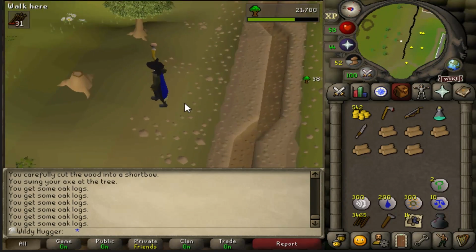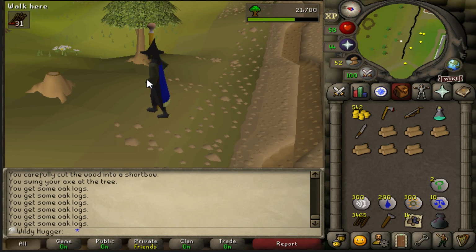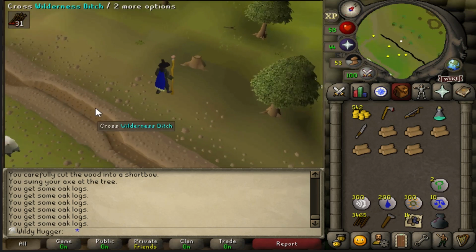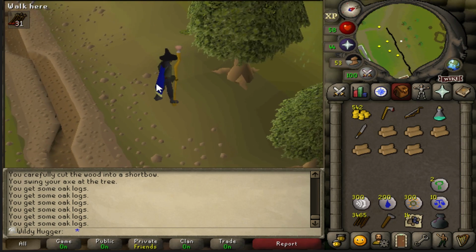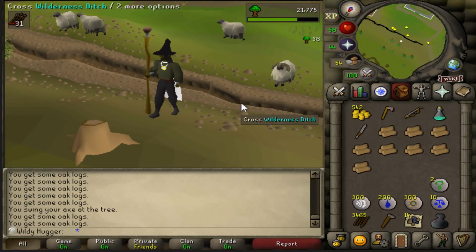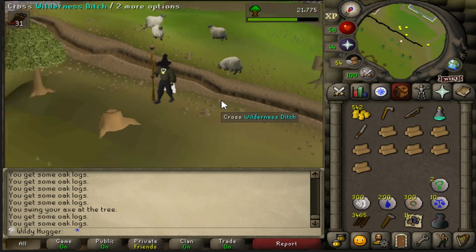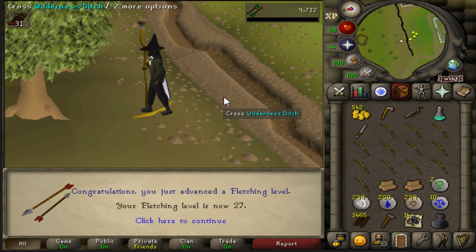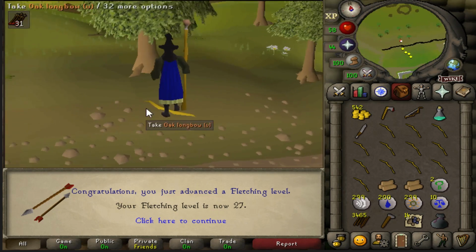But the thing is, I have a chance of getting random events now that I normally cannot get, because when you are in the wildy, you can't get any randoms that teleport you away, but I guess that since I'm now not in the wildy, I can get other random events, such as, for example, the surprise exam or other stuff like that. And here we go for a very special fletching level 27,